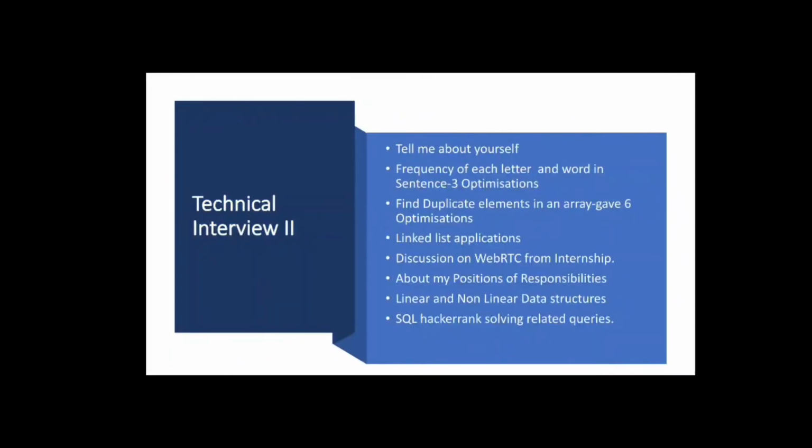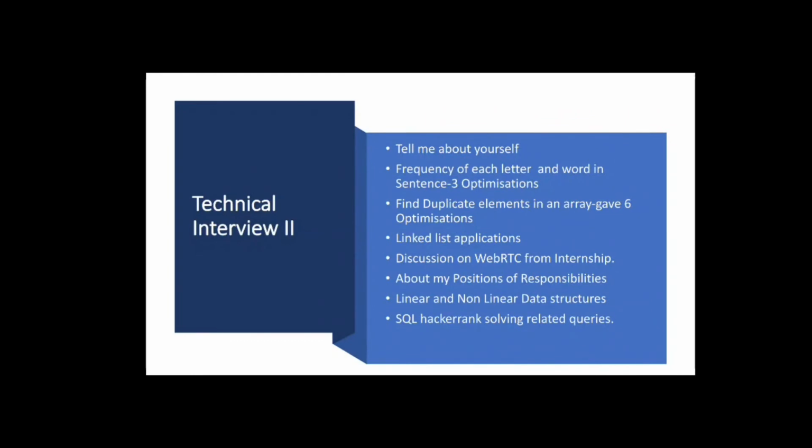And coming to technical interview 2, the first question was the same, that is, tell me about yourself. Then he gave me a coding question to find the frequency of each letter and word in a given sentence. I gave him 3 optimization techniques, and he gave me another question to find the duplicate elements in an array. For this question I gave him 6 optimizations, and nextly he asked me about linked list applications,